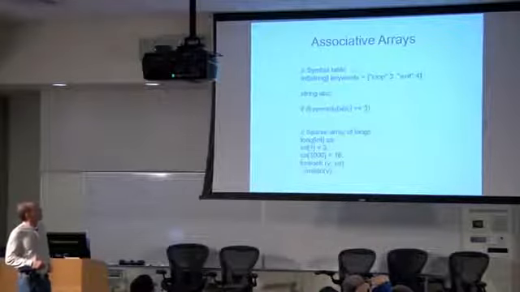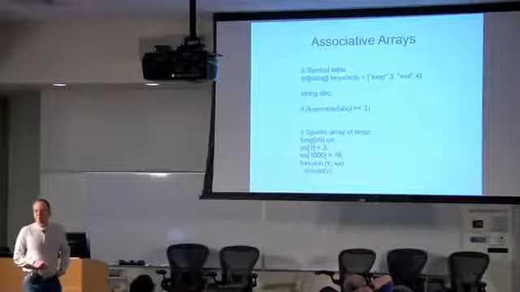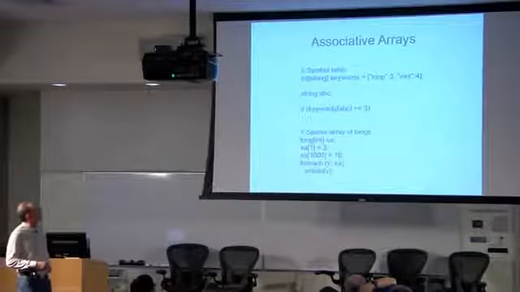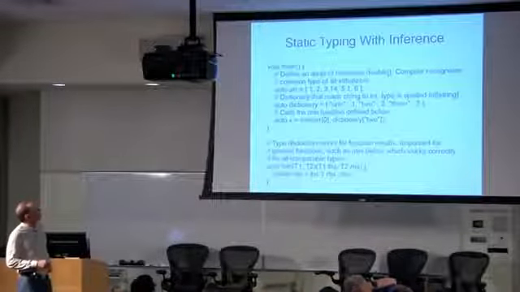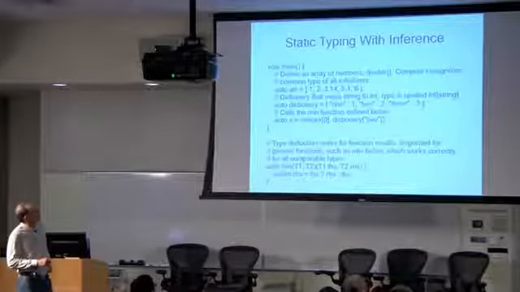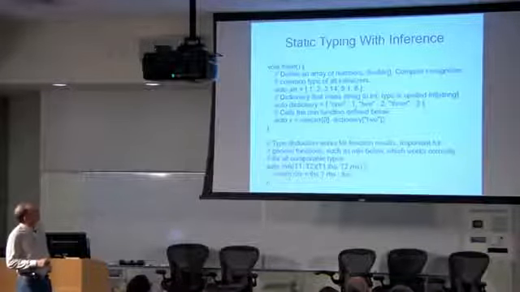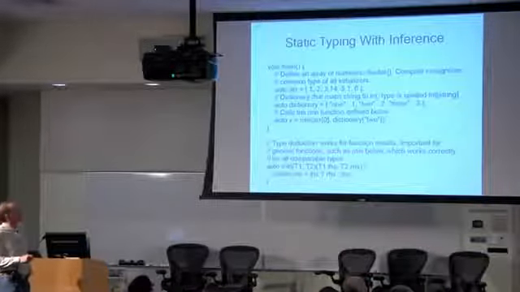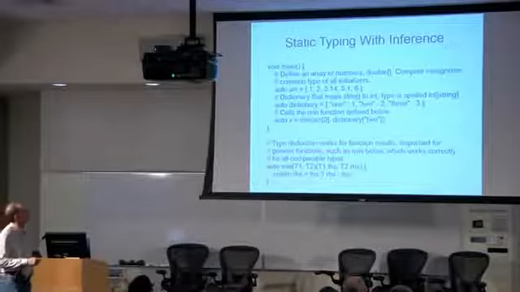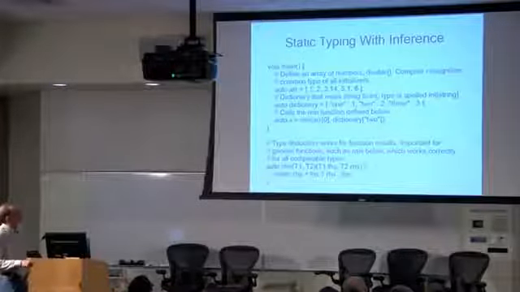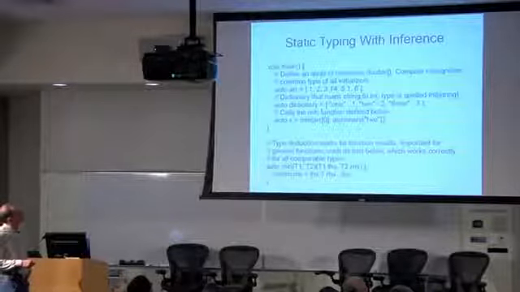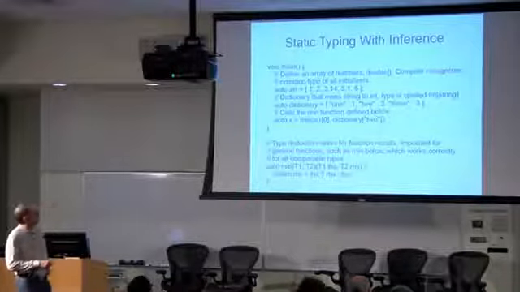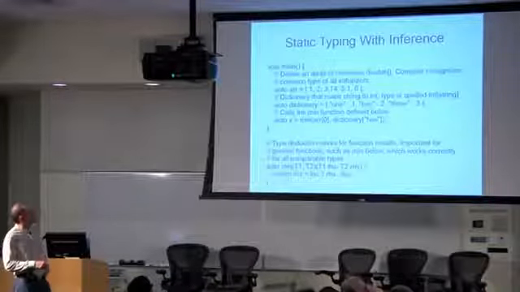Associative arrays, they work a lot like hash maps, except they're built into the language. Static typing with inference. Notice we have an array here of mixed types. And what D will do is figure out the type that encloses all of those, assign that there, and auto means infer the type. So here we're inferring the type. Auto also works on the return value of a function. We can infer the return type of the function. So we can get a completely generic min function that works on any type.